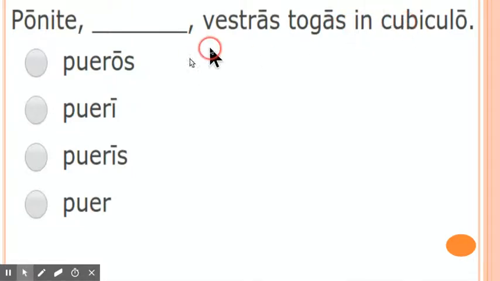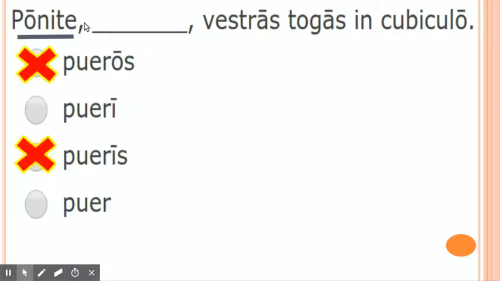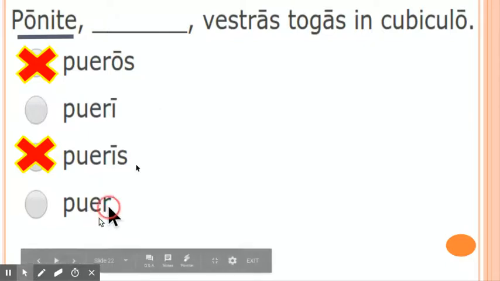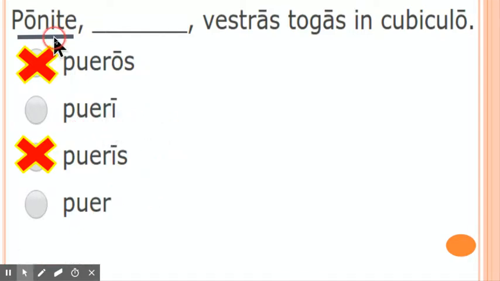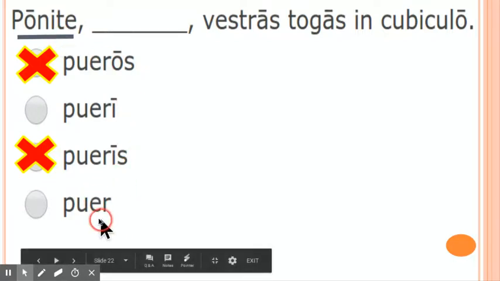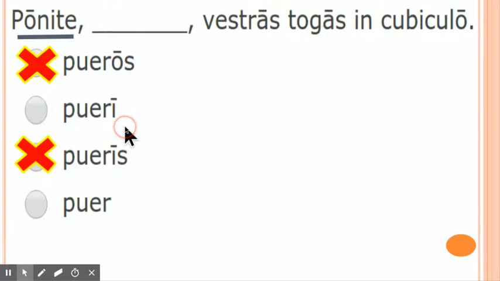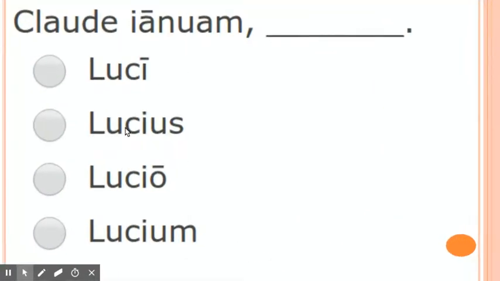Now, who are we talking to? We have commas. That tells you you're looking for a vocative. We're talking to a second person plural, otherwise it would be pone. So therefore, it's not that, that's accusative. It's not that, that's dative or ablative. Nominative looks just like the vocative except for brutus, hortus, or gladius declensions. Puer is different. Are you talking to more than one boy? Yes, you are. Therefore, it's not puer, that's singular. It's instead pueri.